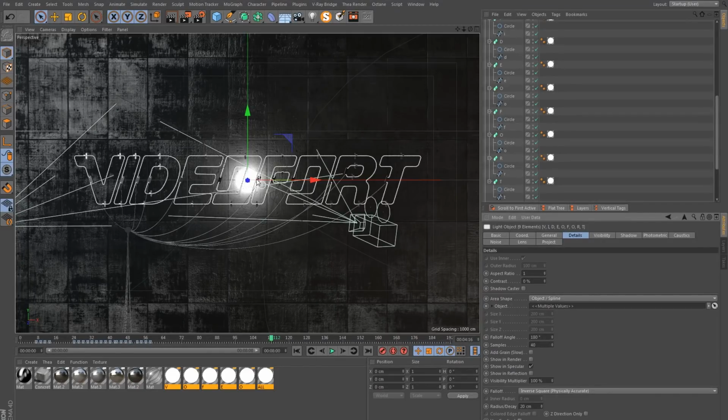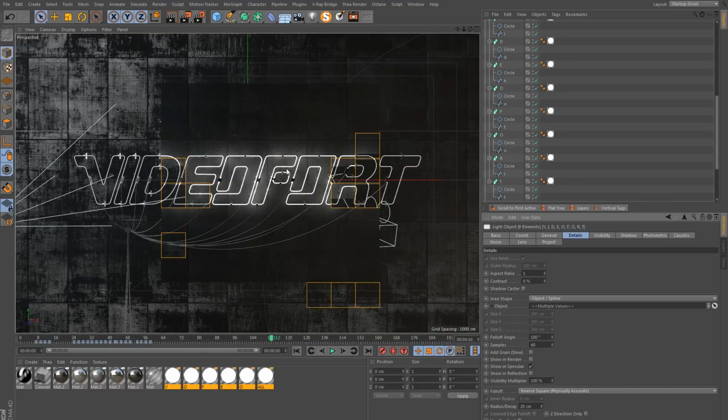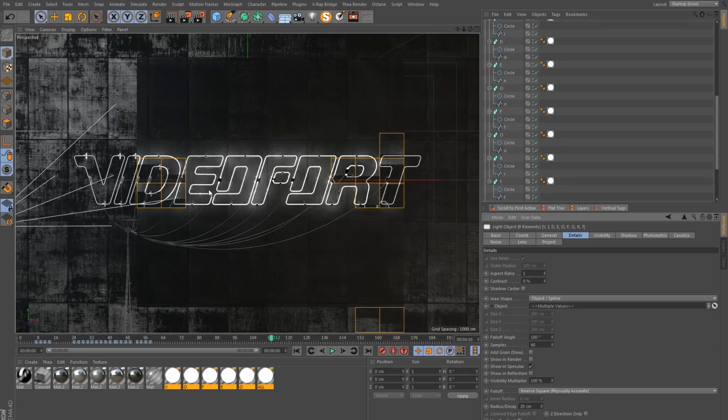And it looks like all of the lights are concentrated in the center, but when we actually run a render, you will see that each spline is now acting as a light, and it illuminates the area underneath it, and it looks as though the neon is causing the illumination, but of course this is just a visual trick.